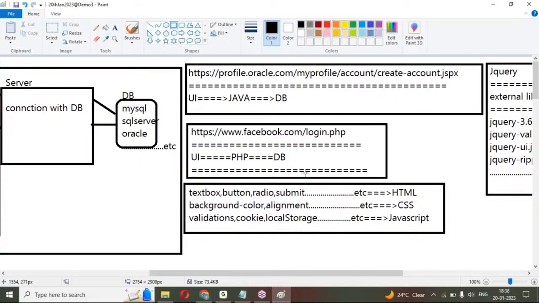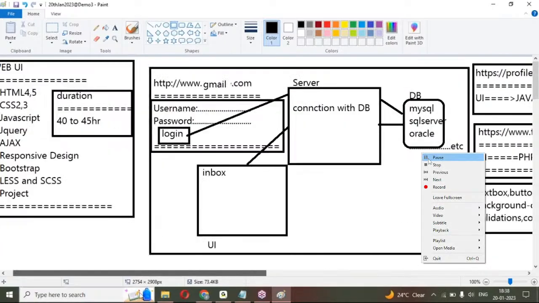In our UI programming, we are going to create text boxes, buttons, radio buttons, submit buttons, background color, alignment. Okay, this is about the UI. Here in UI programming we are going to use